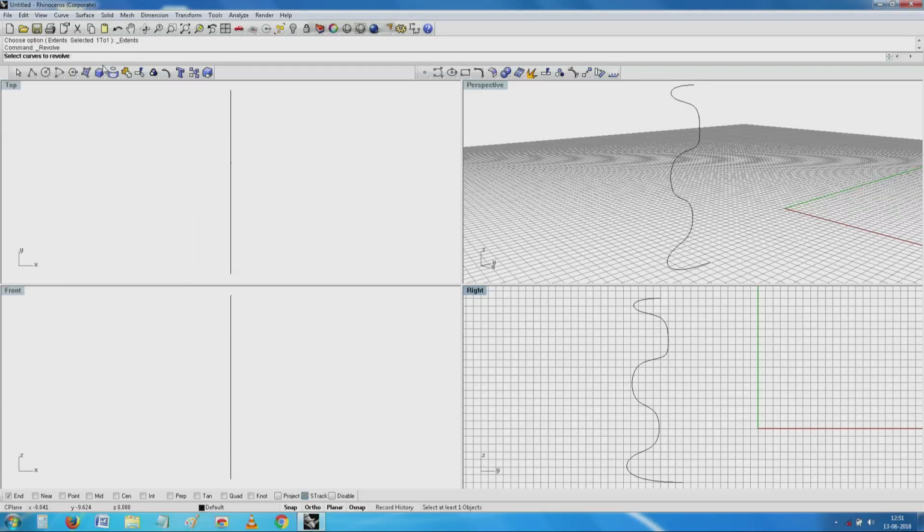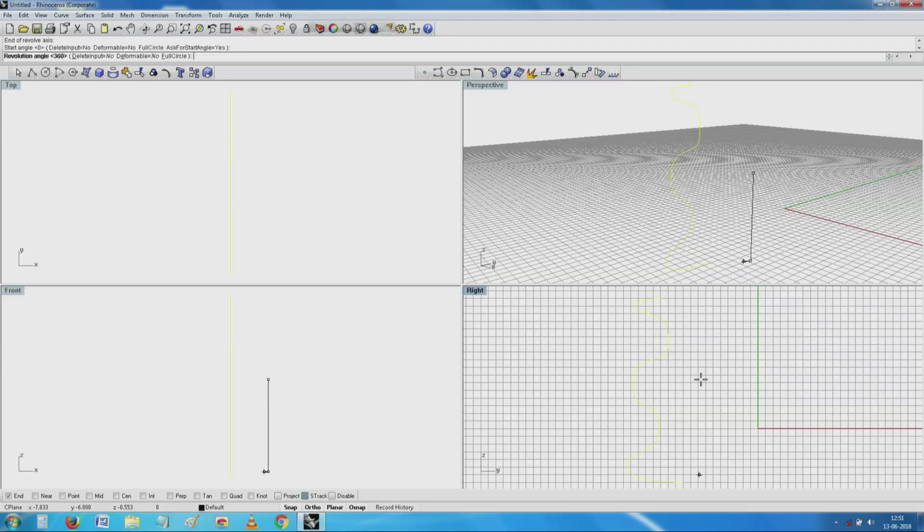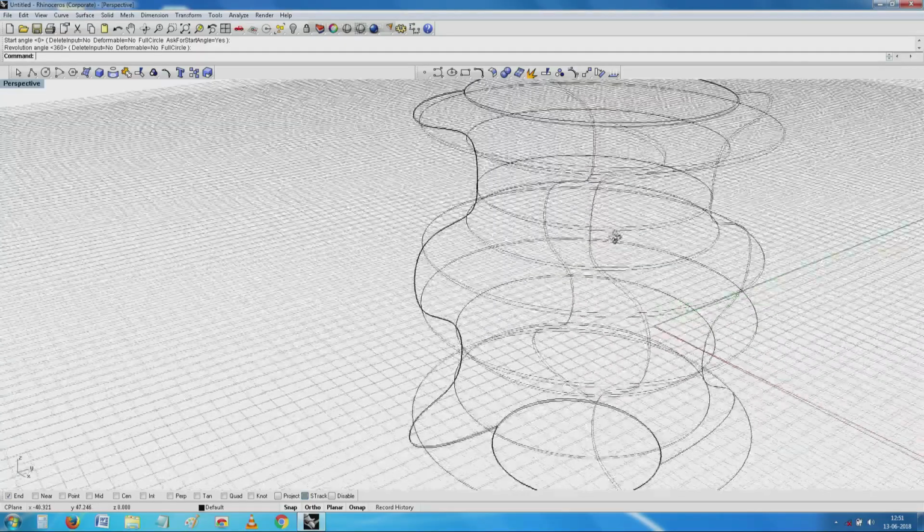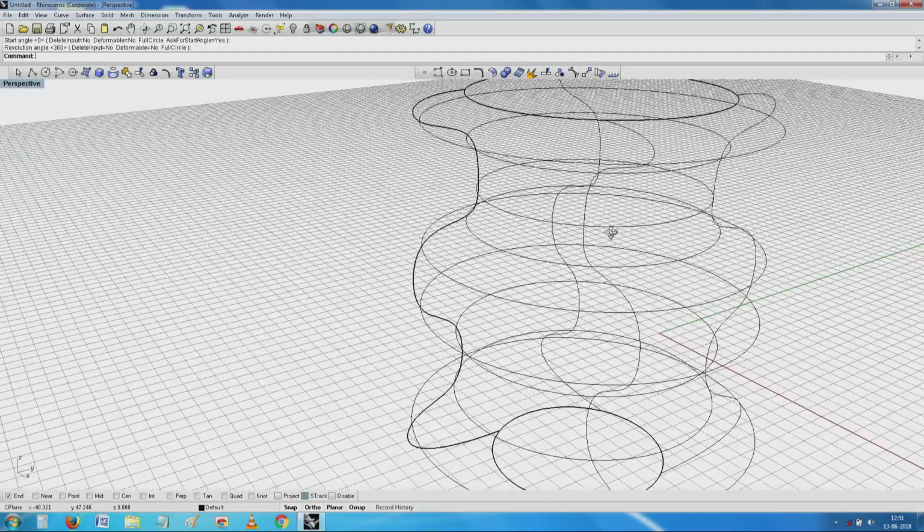Select curves to revolve, start of revolve axis, end of revolve axis, start angle. You see I have what looks a little like a very nice